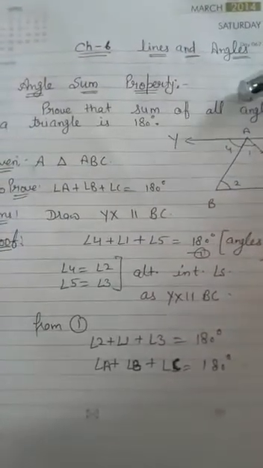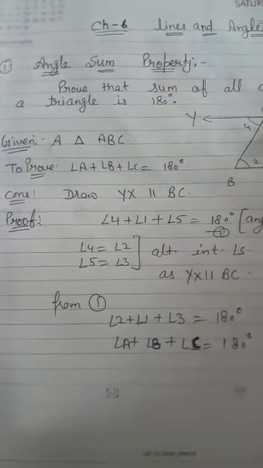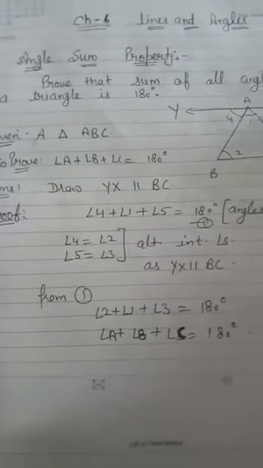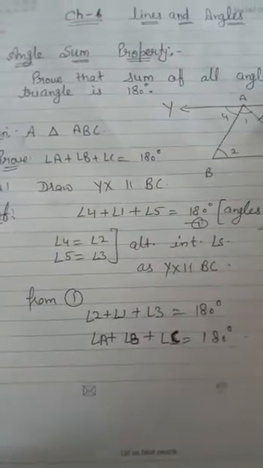Good evening, students. So today we will continue with the revision of chapter number 6, lines and angles. Our last topic left was two theorems. First is angle sum property and second is exterior angle property. Our last exercise 6.3 is based on these two properties. So let us start with the first theorem,